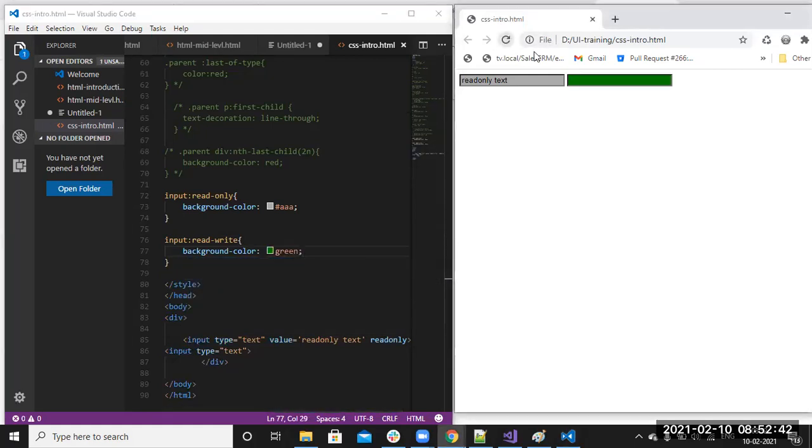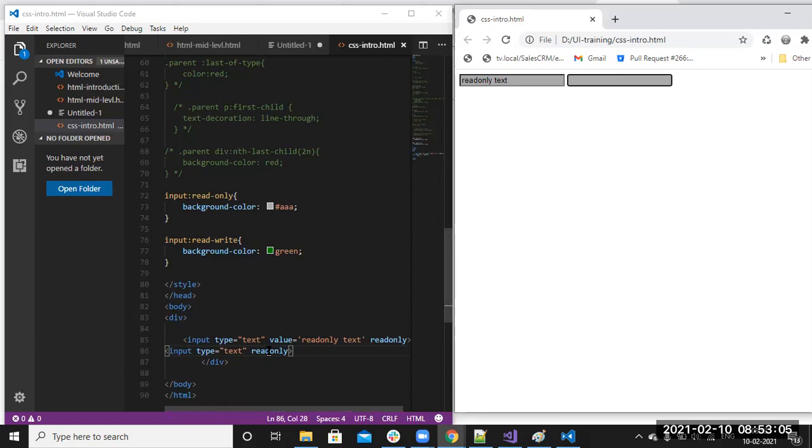Now you can see that this one got the green color because we can read and write also. So if I apply read only here also, inside this, then that grayish color is applied here.